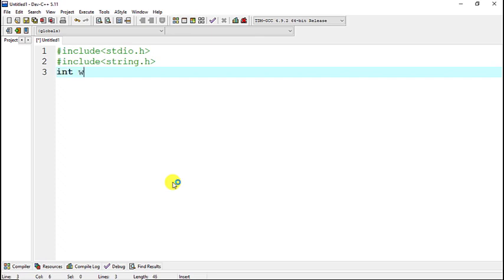Let's take the name weightOfString, and we will pass two formal arguments as input. One is a pointer variable of character type and the other is an integer input. So char star input 1 and int input 2.